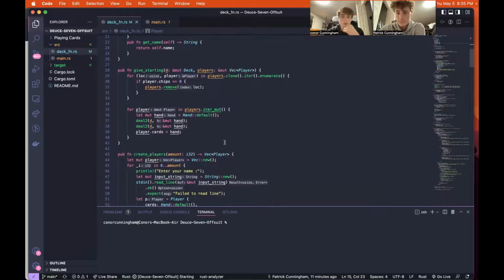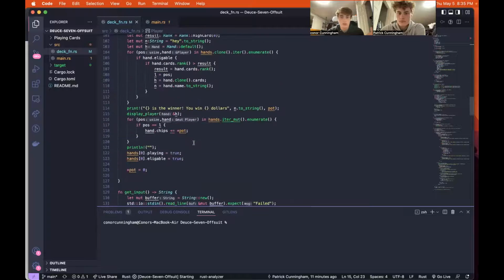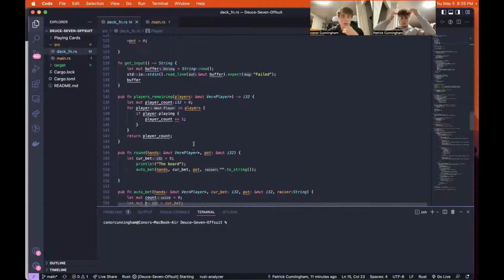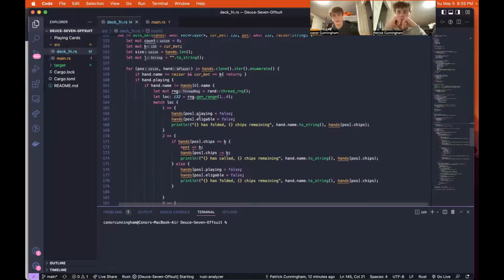It will shuffle the deck and then deal out cards to them so that we can have a vector of players with cards in their hand. And then after create players, we just run this function. We will run auto bet around. We'll run the round 5 times or 3 times. Each time, pretty much just printing the board, having a current value, and then running this feature called auto bet,